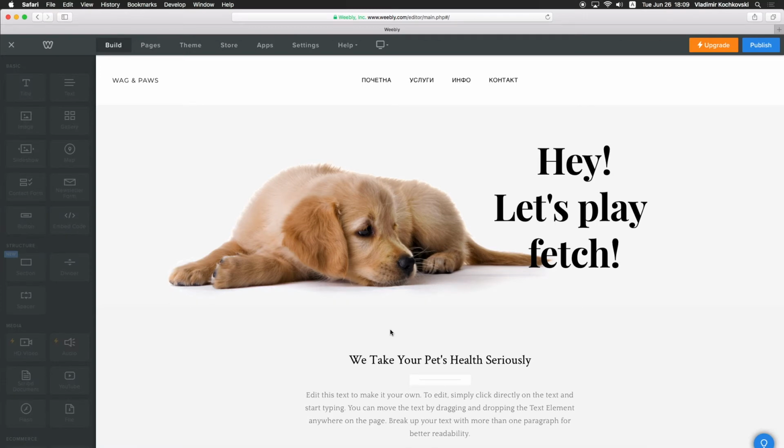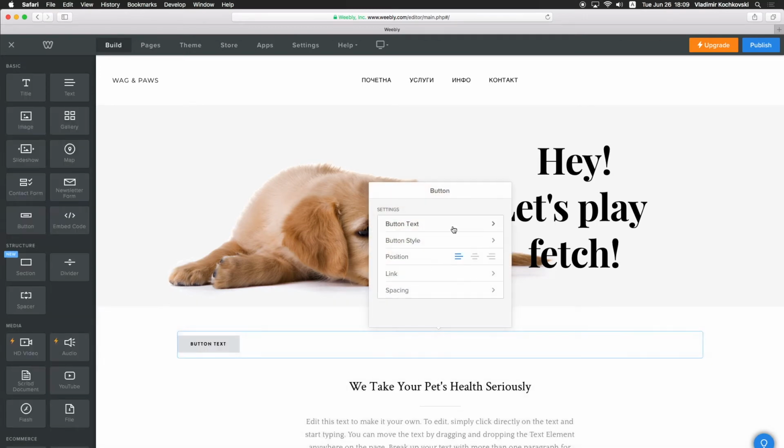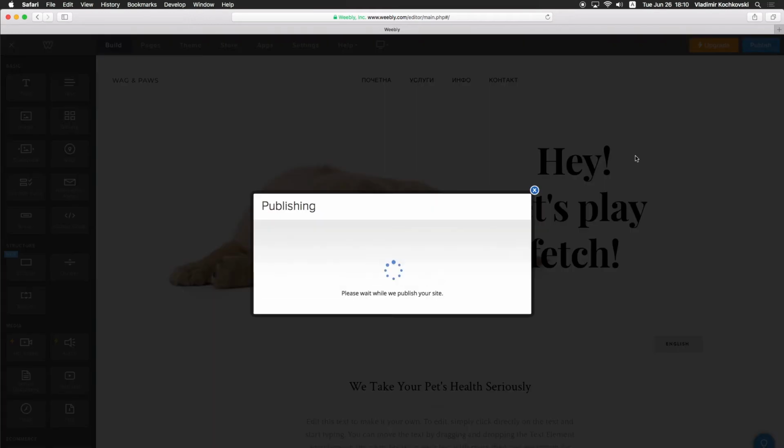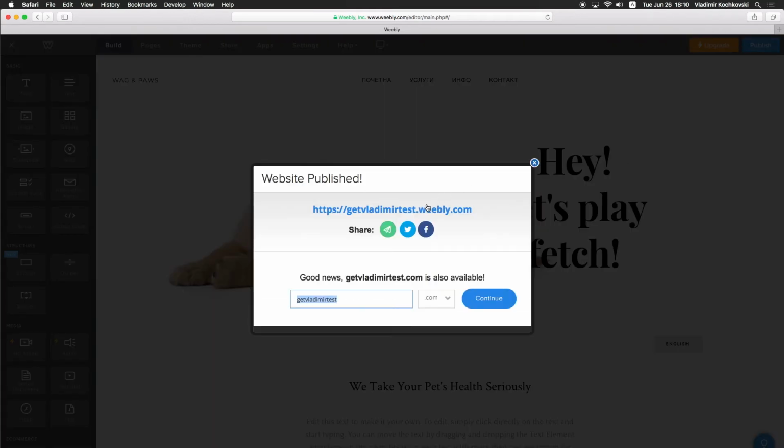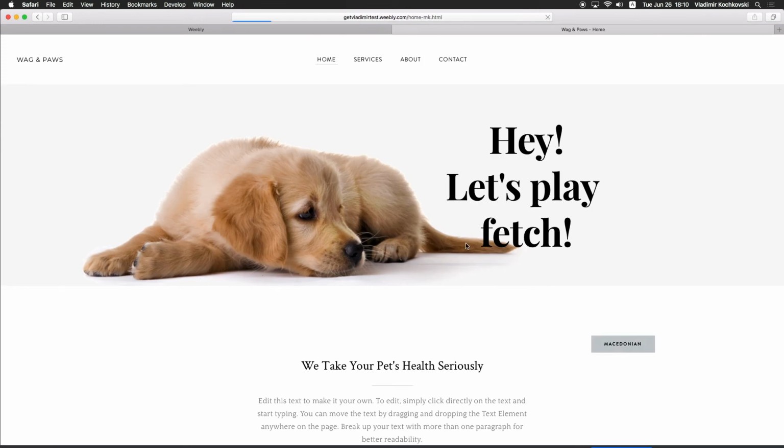Again, click and drag a button element from the Weebly editor. Click on the button and name it as the original language, link it to the original homepage, and position it where you would like it to show. You will need to repeat this procedure on every page and publish the website again. The end result of this first solution is having a button on each page where you can switch the language.